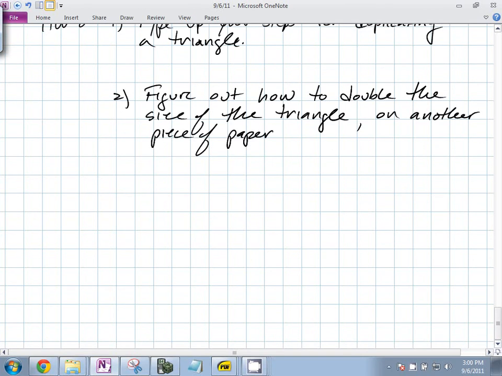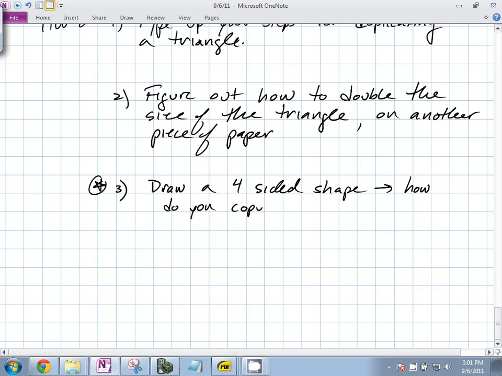And then the third thing, and this is really the bonus one, draw a four-sided shape. How do you copy it with the same tools? Your goal is, how do you copy any, sorry, this is being really annoying here, any